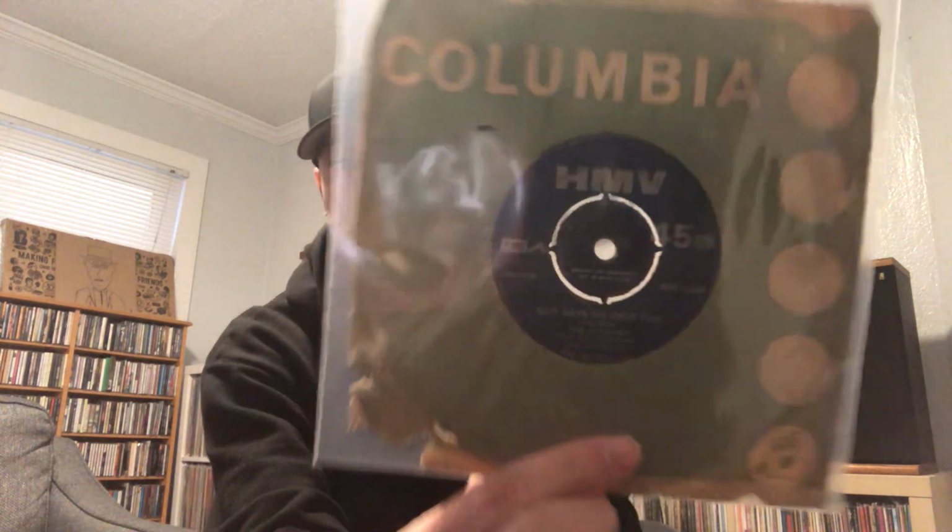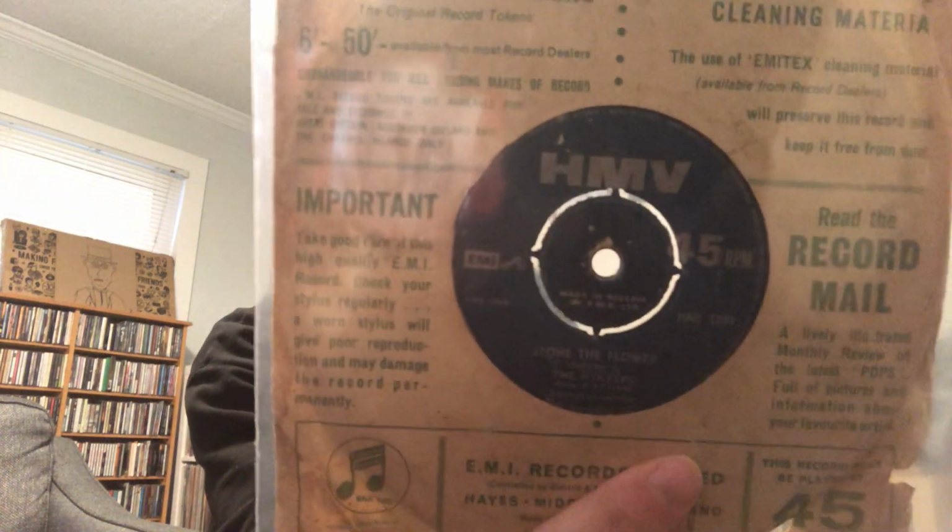Nigeria. It came all the way from a crazy seller on Discogs. He won't ever leave you alone. Once you buy one record, he assumes that you're going to buy from him forever. The guy's nuts. But the Hikers, God Gave His Only Son on the EMI HMV label in the original bag. Super rare Nigerian,